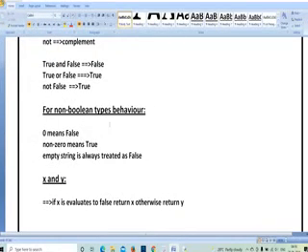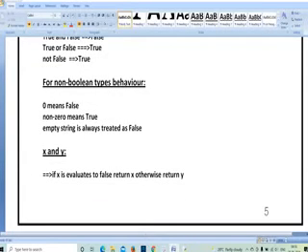So here you have to remember when you are going to get output as 0 and when you are going to get output 1. Whenever the result is true, you get output as 1, and whenever the result is false, you get 0. Here 0 means false, and non-zero means true. Whenever you get a result as non-zero, it is true, so you get result as 1.